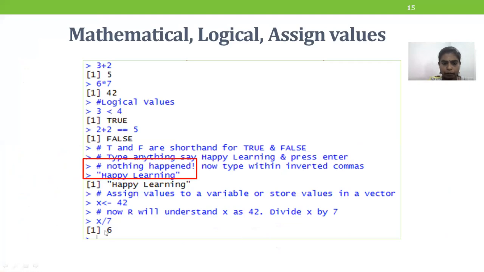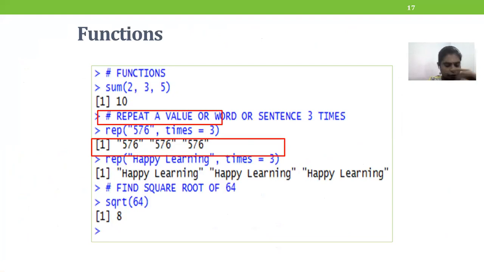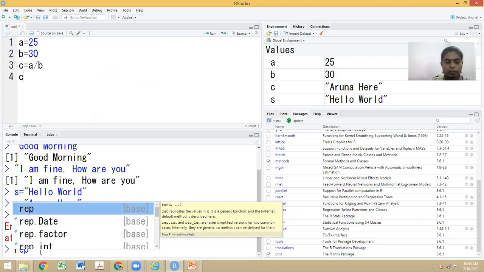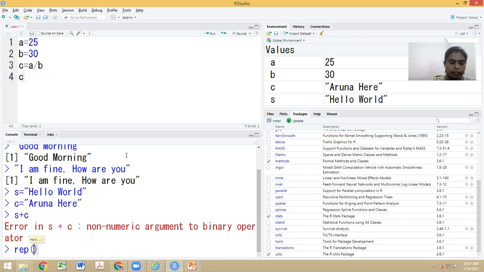So the next thing we are going to do is, we have assigned and we tried to perform an arithmetic operation, which is not working. So, okay, fine. Now we'll see how I can do it in a different way. Now I need to have a specific library function for the string operation. So let me take a very simple example. I'm going to call a function called REP. REP is nothing but the replication function. So replication is nothing but taking duplicates, isn't it? So here I'm calling this function REP, okay?